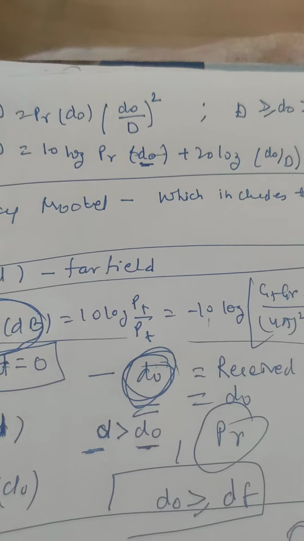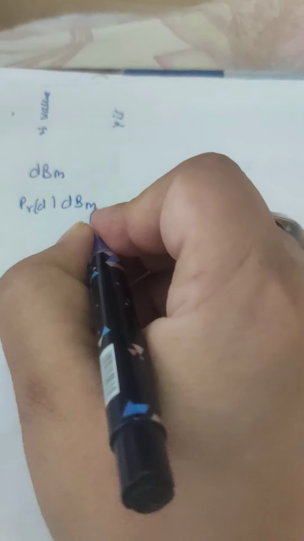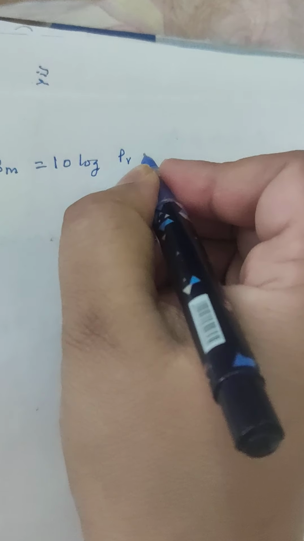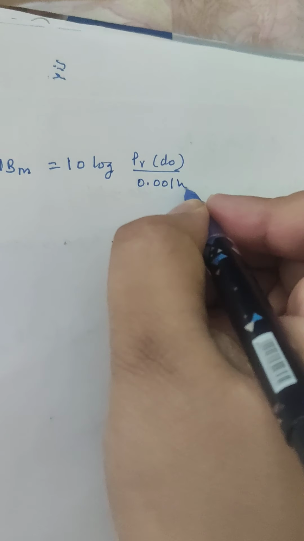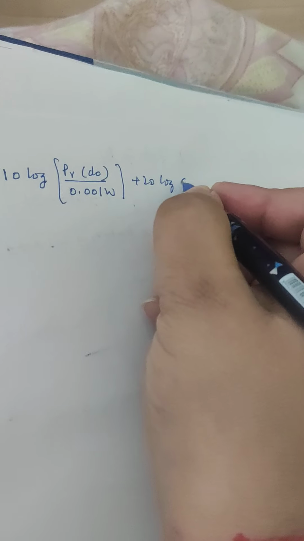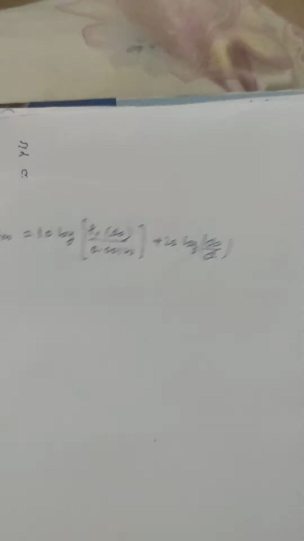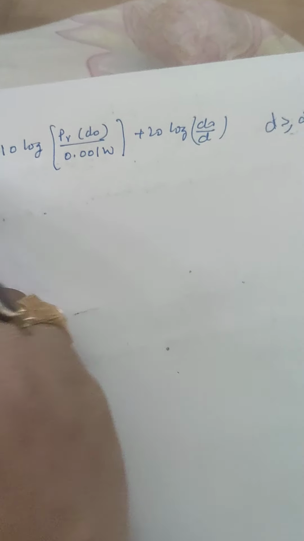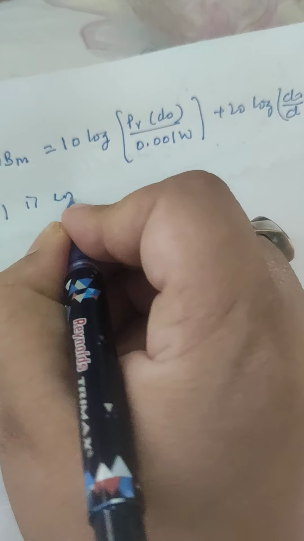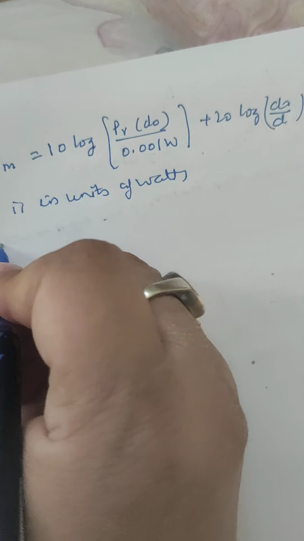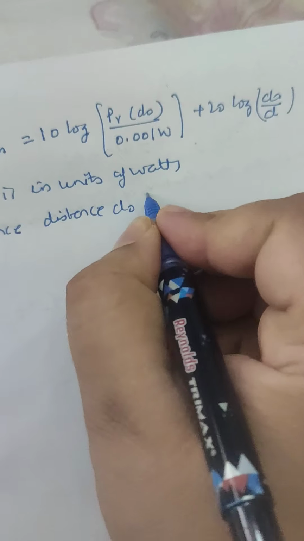For example, if Pr is in dBm, then Pr(d) in dBm is equal to 10 log of Pr(d naught) upon 0.001 W plus 20 log of d naught upon d, where d is much greater than d naught and much greater than the Fraunhofer distance, and Pr(d naught) is in units of watts. The reference distance d naught